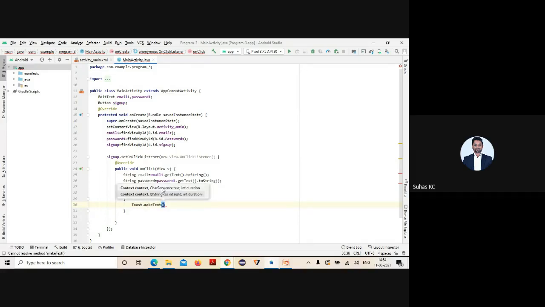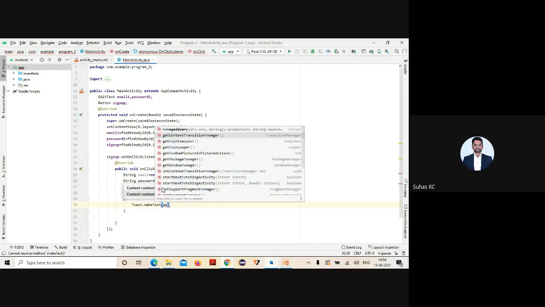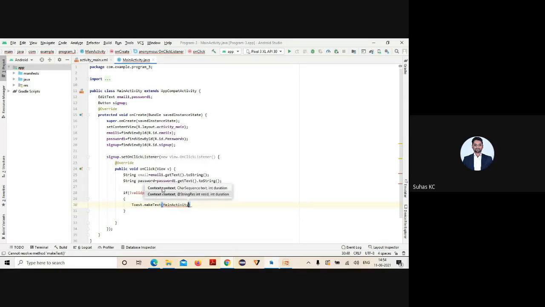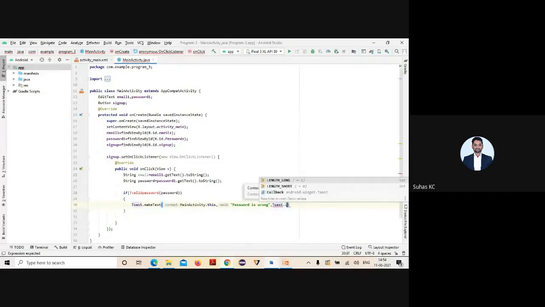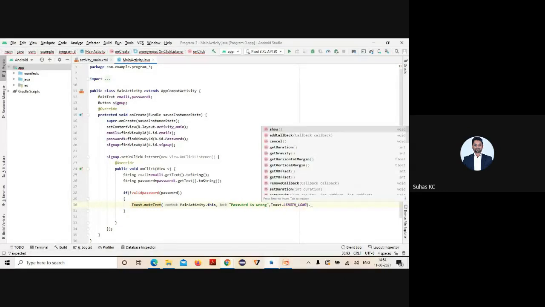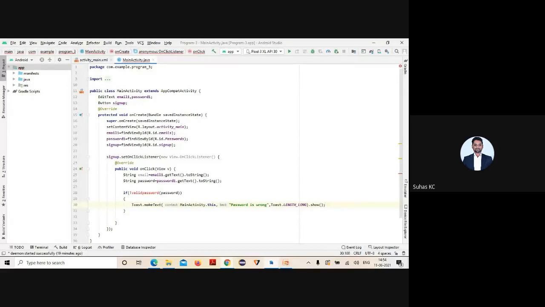Okay. So first and foremost thing is what? Where you need to display? In your MainActivity. So capital M, MainActivity.this. Okay. Which context you need to display? Next is what? The message, put it in double quotes. What is that message? Password is strong, or doesn't match, whatever it is. Password is strong. Then what? The length, so Toast.LENGTH_SHORT or LENGTH_LONG, however long you want to display. After that, you want to display, so that message, the show method is used. So that's it.